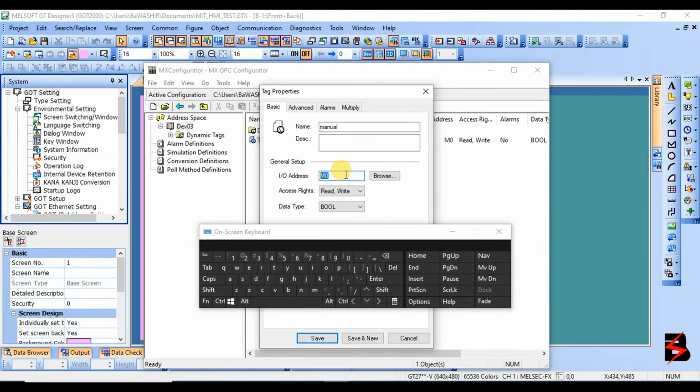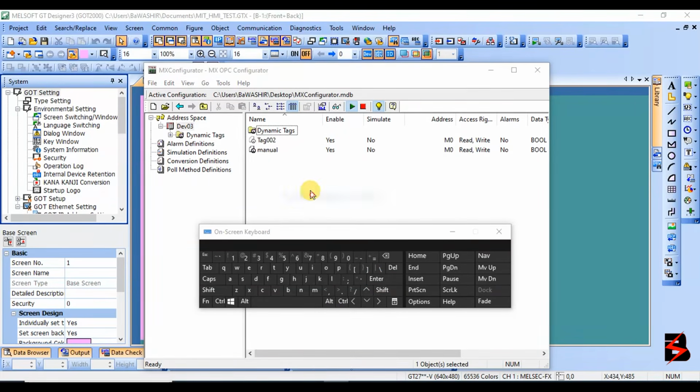But here, allow me to use memory bits, since this one does not need a physical input on the PLC pins. It is just something inside the software. So for manual, I'm going to have M0,